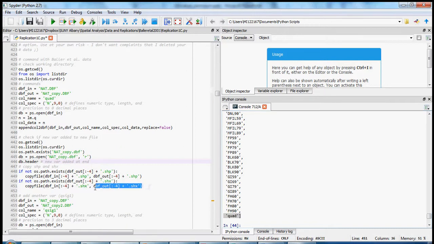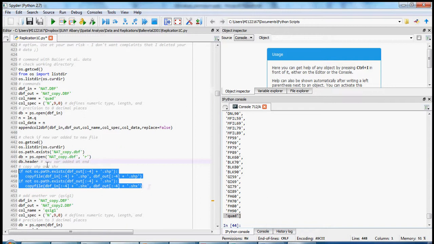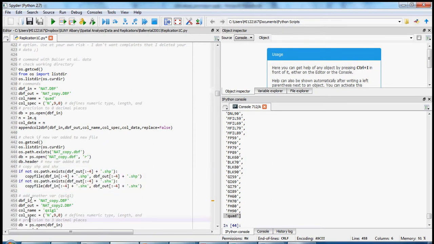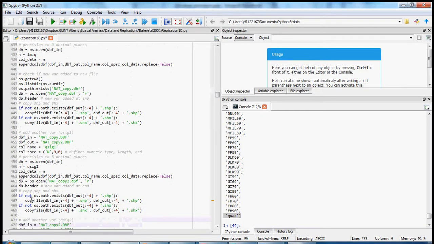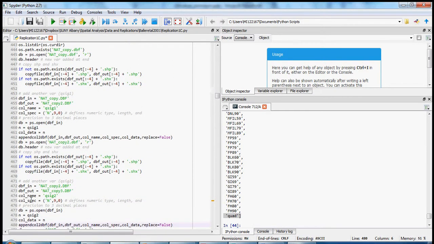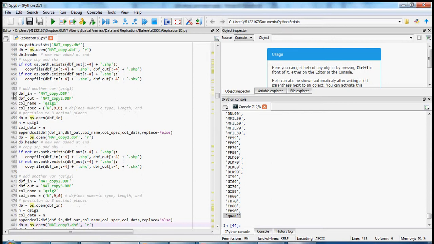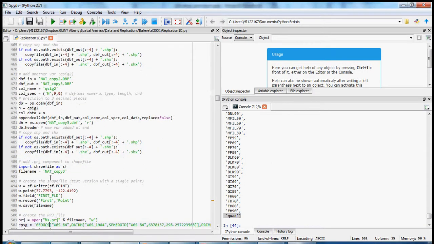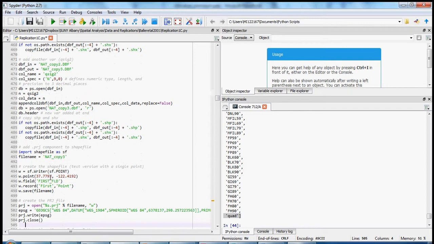So now you can create a new shapefile. It should have already been created, but if you hadn't added that part to the definition file, you could copy a shapefile. But this part that I'm highlighting now should have already been done as part of the append column to DBF command. So here we are again. We could now take that natcopy DBF, create a new file called natcopy2, and add q_1. And so on. We could go on and add q_2 as well, and eventually we'd end up with a shapefile with the quadrant,